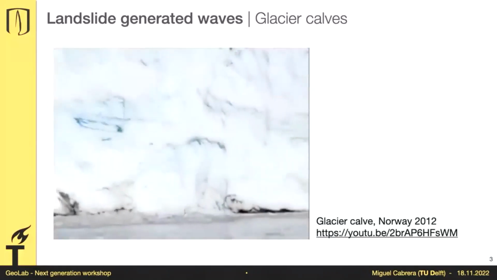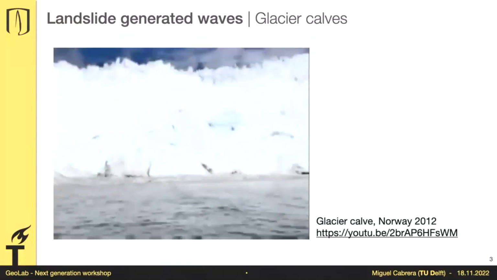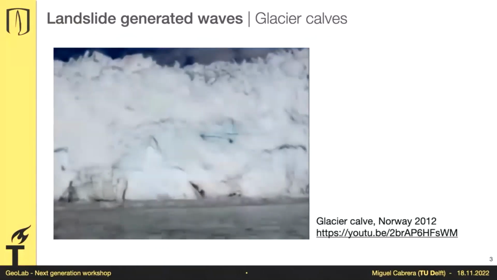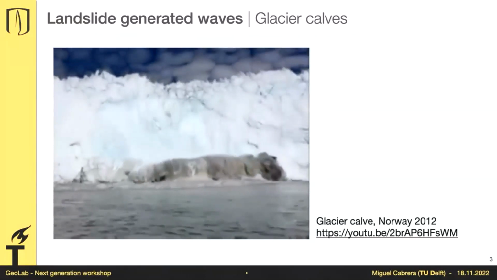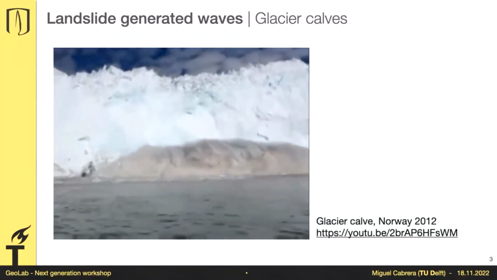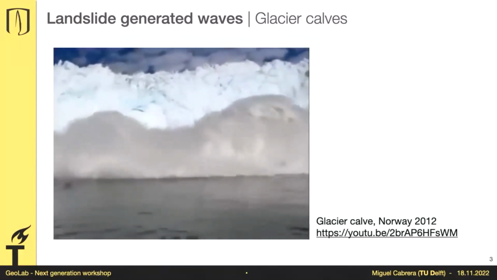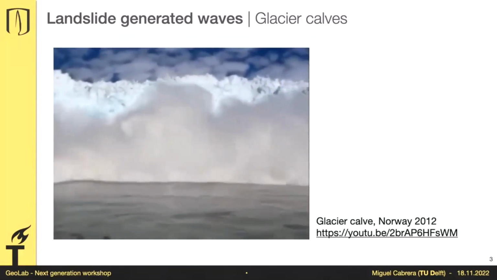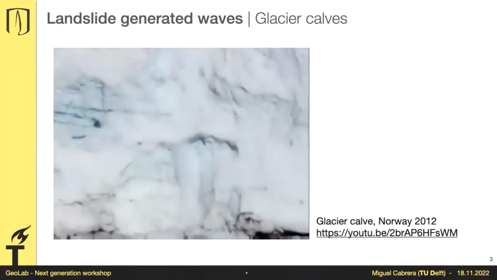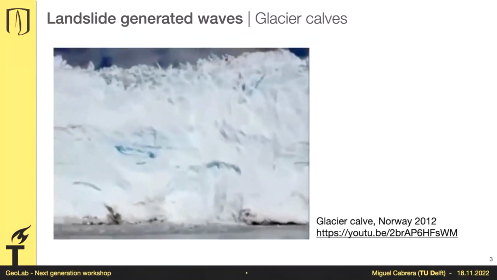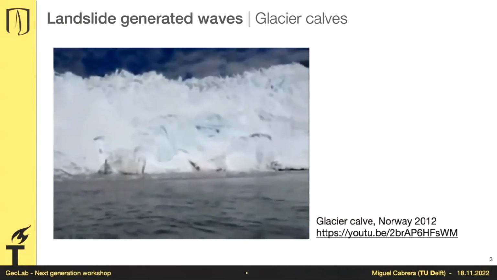So for example, here what I'm showing you is a video of a glacier calving, where basically a portion of the glacier tumbles and slides down, impacts the water, and displaces a lot of water. The people recording this video are on a boat, and they're happy because they're seeing something quite unique until they feel the wave quite close. So the velocity of the wave is impressive, and it can be up to several meters. So it is something that can interact with coastal infrastructure, with offshore infrastructure.